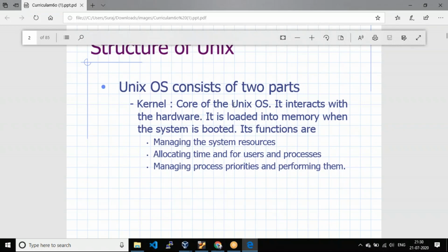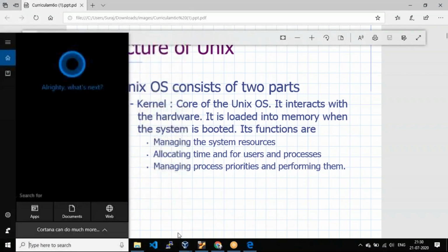So the kernel is the core of the Unix OS, and it interacts with the hardware. It is located in the memory when the system is booted. Its functions are managing the system resources, allocating time for users and processes, managing process priorities, and performing them. So our structure will be like